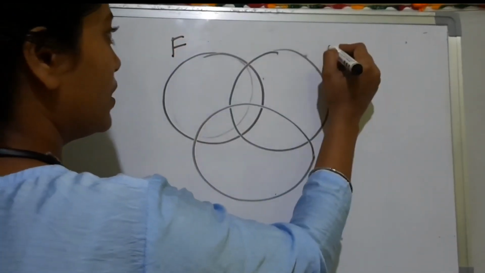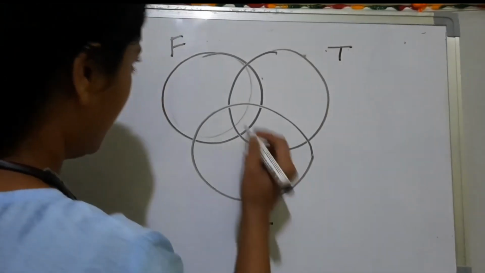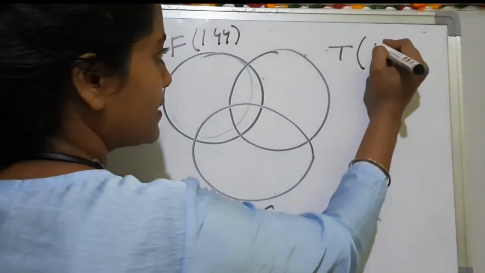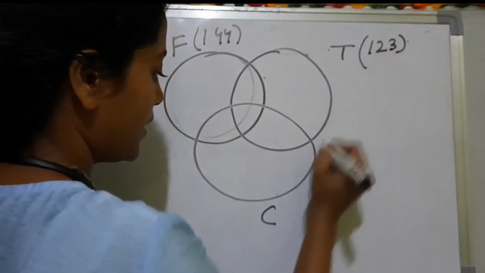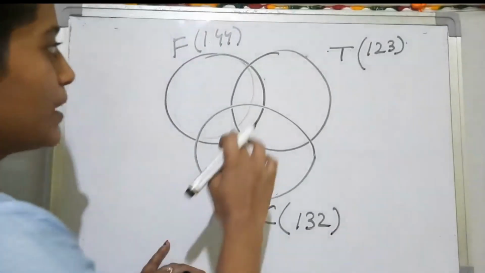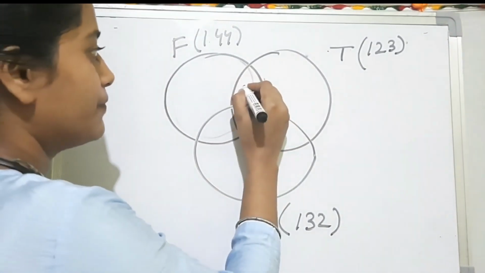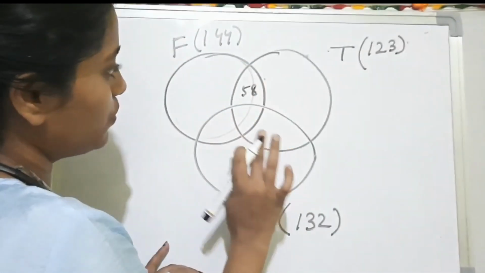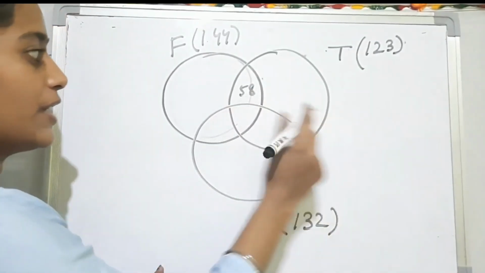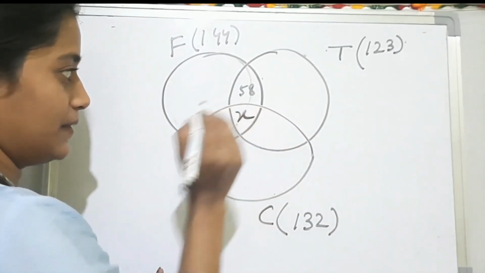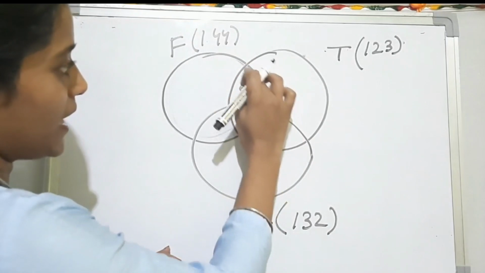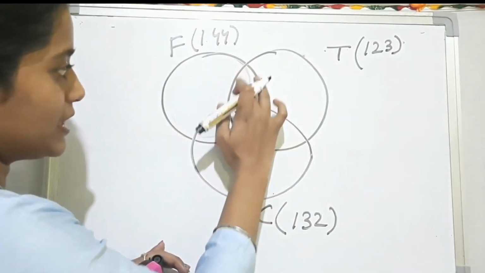So it is football, it is tennis, it is cricket. The football players are given as 144, tennis as 123, and cricket as 132. And those who play both football and tennis are 58. Let us assume the number of players who play all three games be X. So if this whole is 58, meaning those who play both football and tennis is 58,